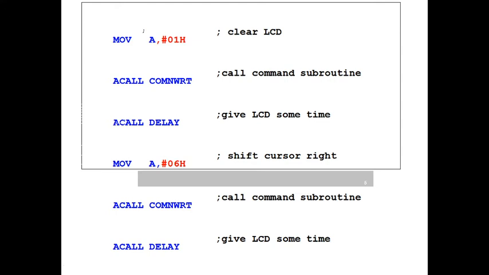We want to display P C C O E, and that's why we must shift the cursor towards the right, and that's why you must provide the 06 command. Suppose you are not giving the 06 command, the cursor will remain on the same position and display all characters on the same position, and we don't want that type of message, and that's why we must provide the command, that is 06.